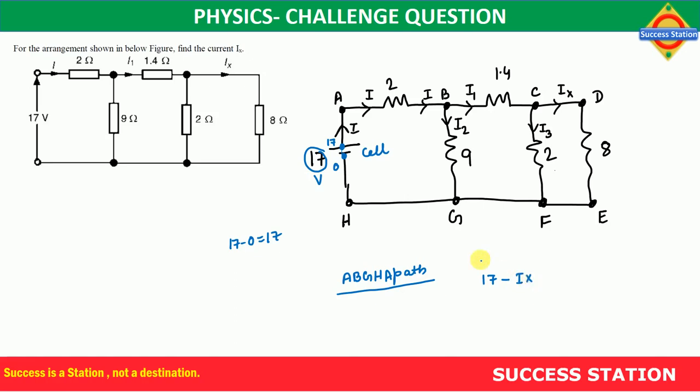So I into what is the R? 2. So IR, V equal to IR. So this much potential out of 17 has decreased till here. So the potential at B will be 17 minus 2I. Okay, now I have to take this path because this is the loop that I am considering. Further, one more resistance is there. I2 current is flowing through it, not I. So how much? Minus 9 I2. Right? So when I reach over here, what potential? 0. After that no resistances are there, so nothing more will be subtracted, but here it should be 0. Is it clear?